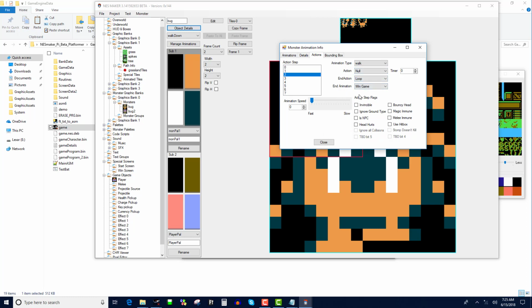Now, these action step flags can do a multitude of things in your code. In fact, some of these are mislabeled already. This shouldn't say invincible anymore. It should say use alternate physics. This shouldn't say bouncy head anymore. This should say ignore gravity in the platform engine. And you can actually control all this from your project labels section. You can control what these say, and in the code you can control what they do,